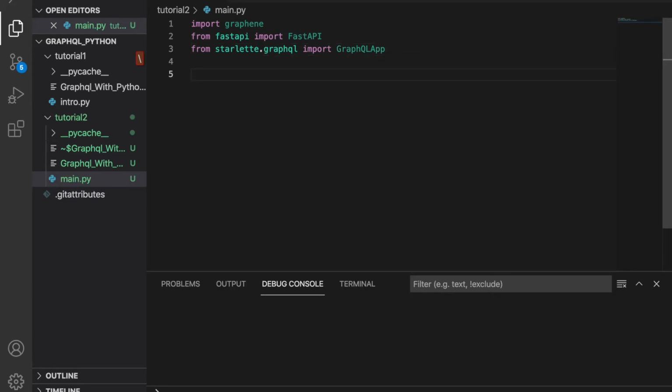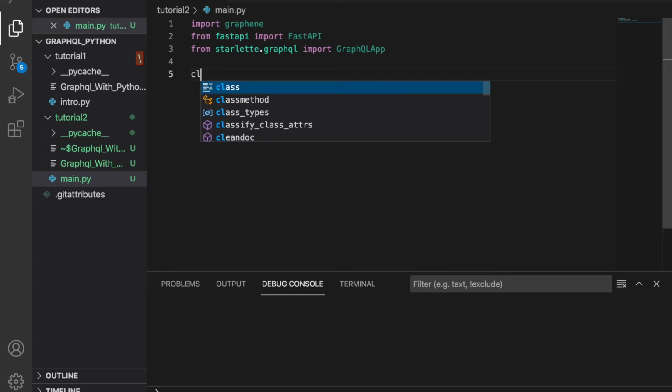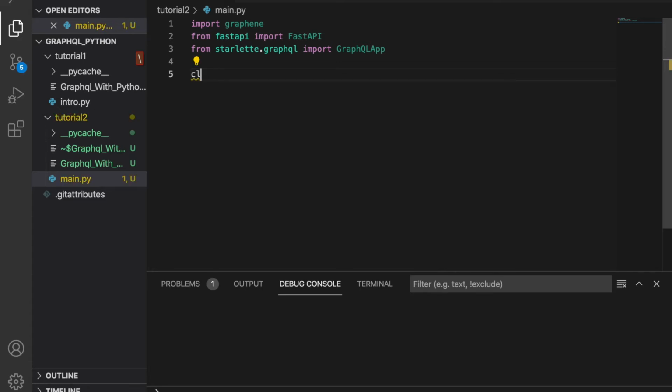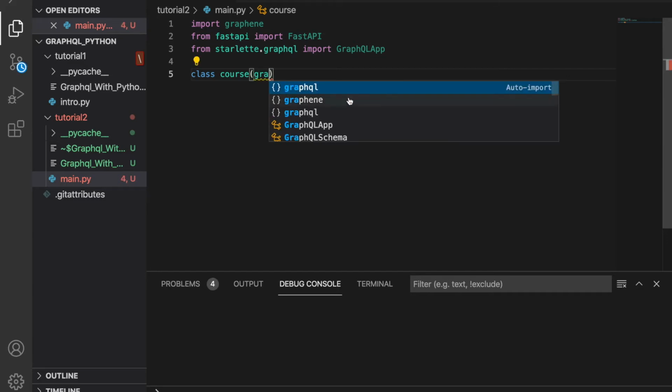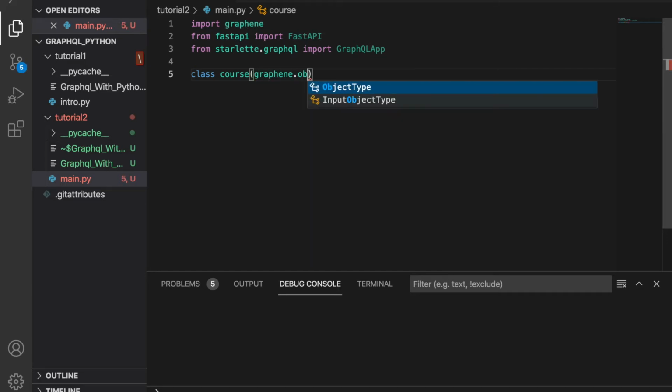So now let's start writing our code. Let me define a class Course, like this, and after that I can write graphene.ObjectType. So a course has what?